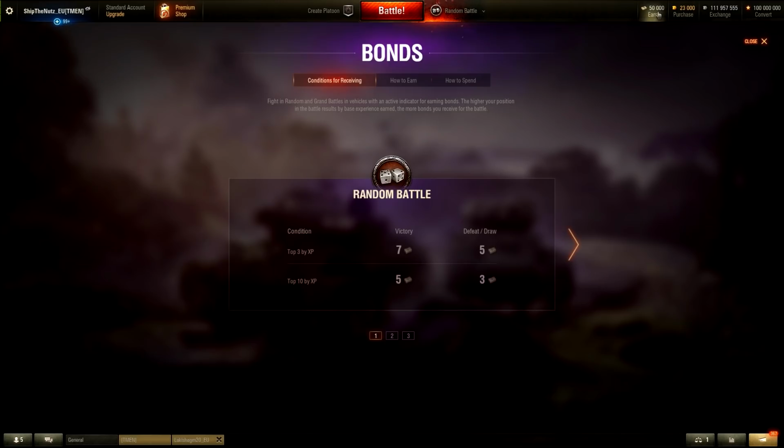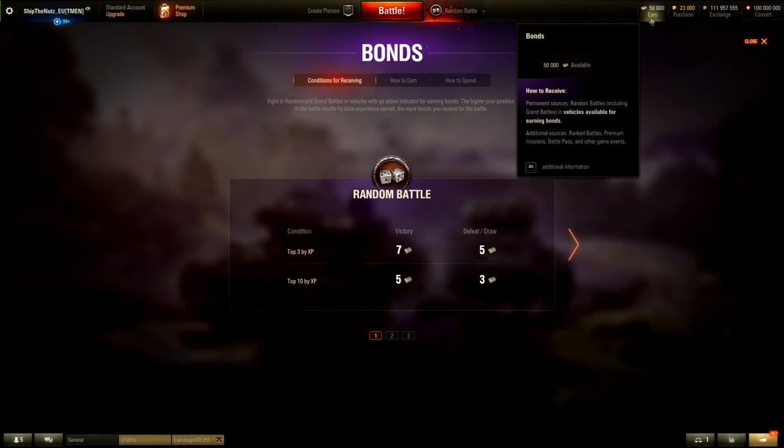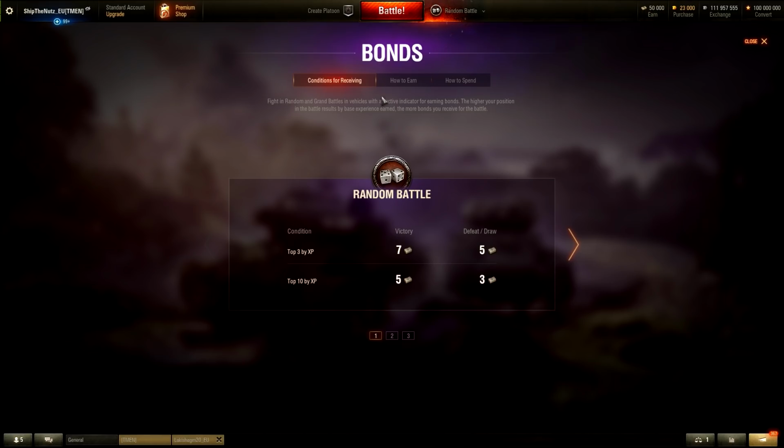And if you click on this bond system over here, or the bond icon, your wallet, you can see how you are able to get more points. And now you do not have to be in a full tier 10 battle as previously. Now you can be in all random battles or grand battles, but you have to be in a tier 10 vehicle. So as long as you rank in the top 10 by experience in your team,